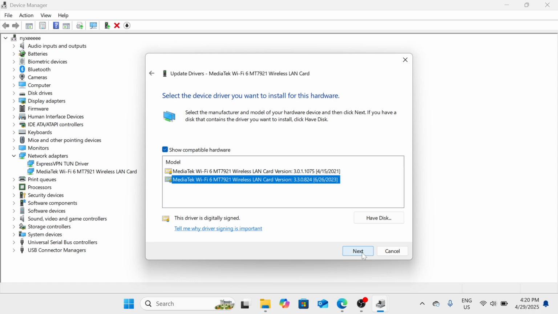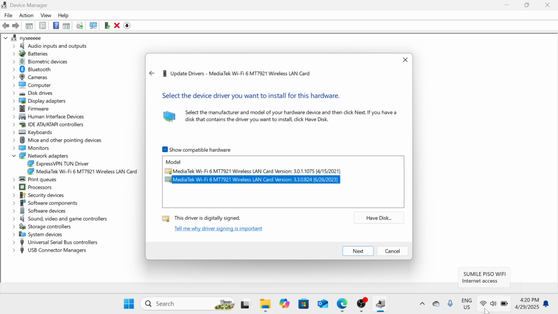After the installation process, you will receive a notification that says Windows has successfully updated your driver. So once you have received that notification, all you need to do is make a quick restart of your device and see if the problem is already fixed once you're back. You can also do a post-update check. After updating, you can confirm the Wi-Fi icon is enabled, and you can just go to the taskbar